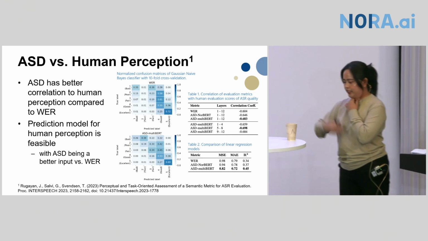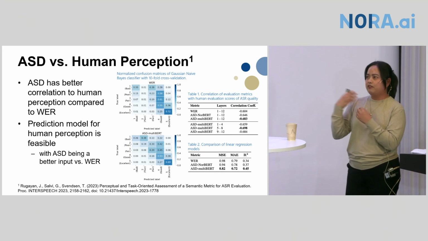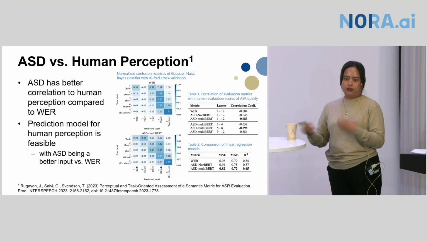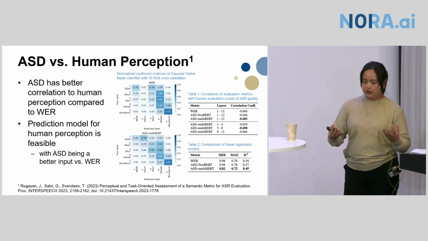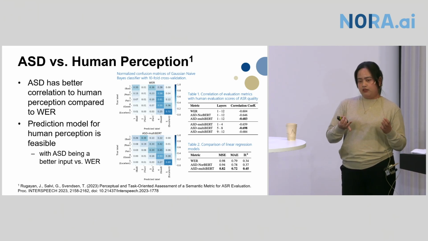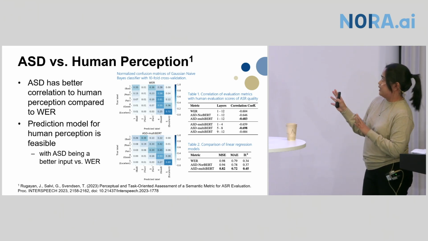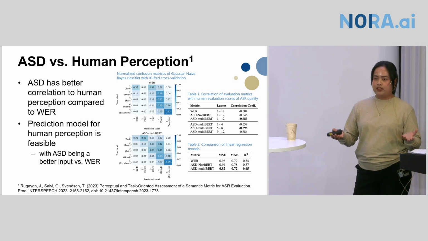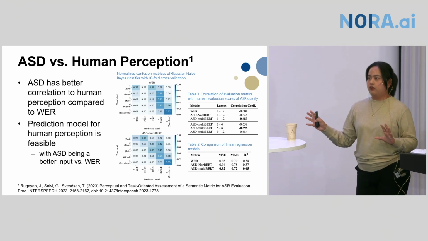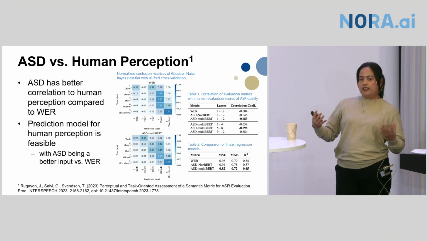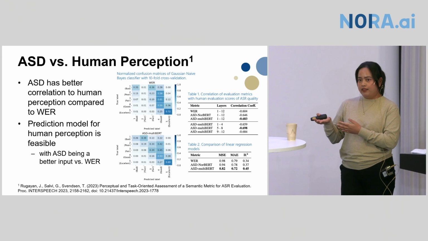So we've been talking about the advantageous properties of the metric. However, how can we say that it's actually useful for the end users, for us? So we went further and we assessed the metric on two things: perception and its performance on downstream tasks. First, it's perceptual assessment. We performed a survey asking participants to rate transcriptions from 1 to 5, 1 being the lowest and 5 being the highest score. What we saw is that word error rate and aligned semantic distance were more